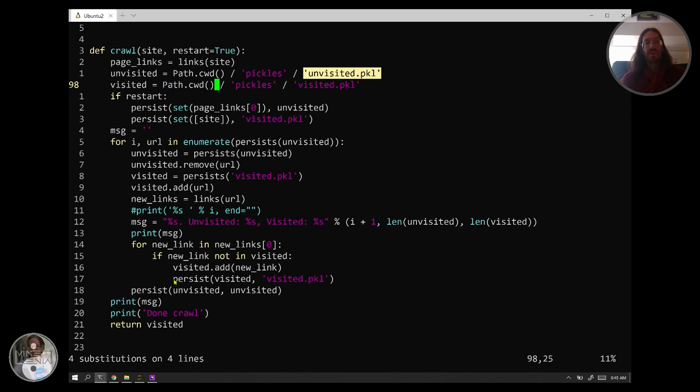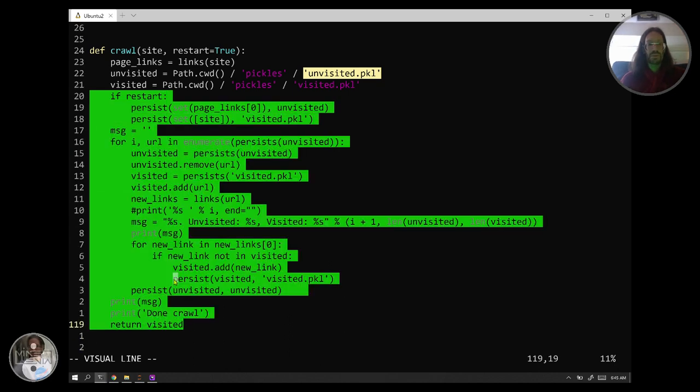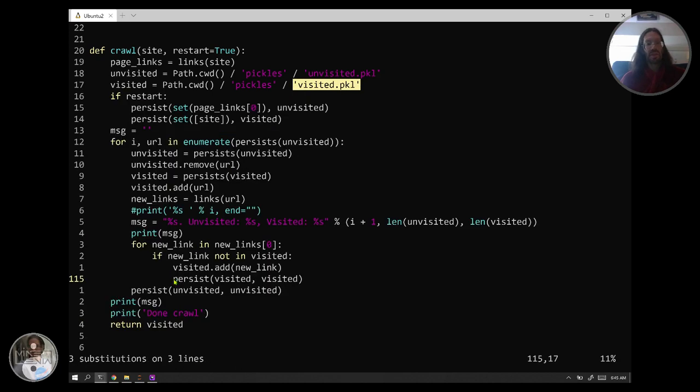So visited is similar, and I want to do its search and replace. It's almost the same, but wherever I see unvisited, I want just the word. Wherever I see the word visited, like pick the pickle string, I want the variable name visited. And there. That should now allow me to do a crawl, but now all the links are going to be going into,